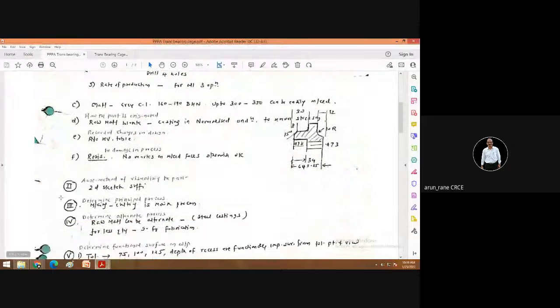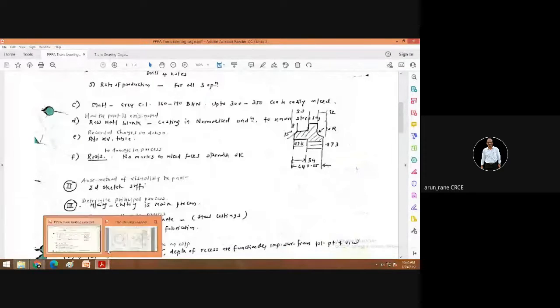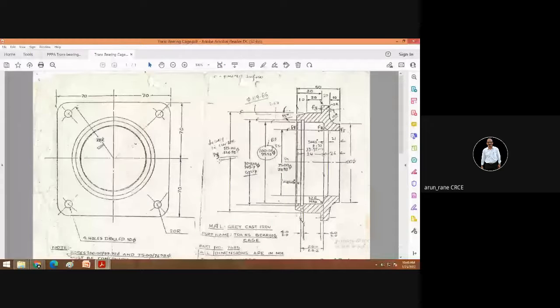Then step number 2, auxiliary method of visualizing the part. This is the title. Now this drawing is simple, isn't it? This is square and the rest of the portion is round. So do you know any auxiliary method? Do you need a prototype model, a wooden model or thermocol model? It is not required because it is simple to understand, right? Even a computer soft model is not required. Soft model means the 3D model generated on the computer with the help of software like AutoCAD, ANSYS, ProE. That is not required because it is simple.